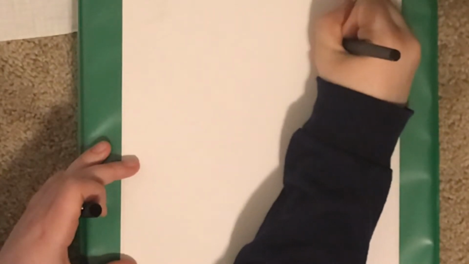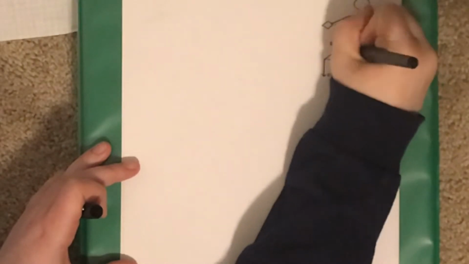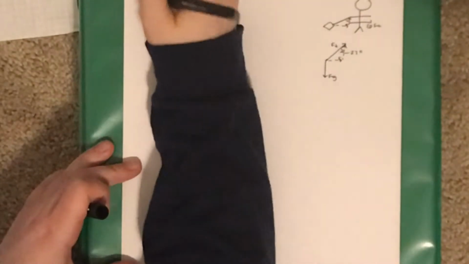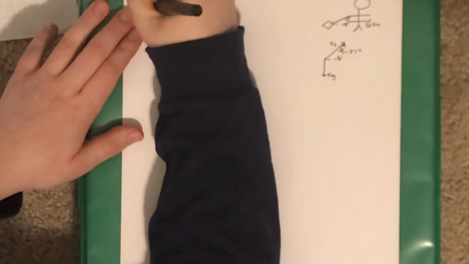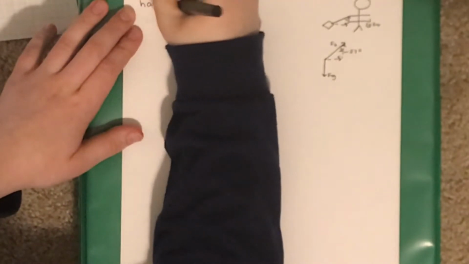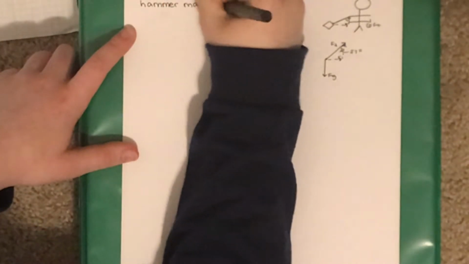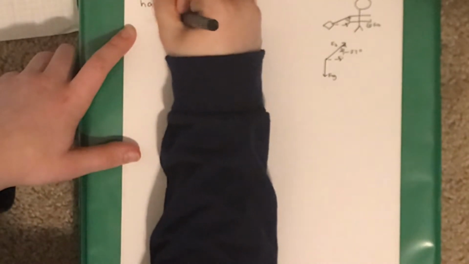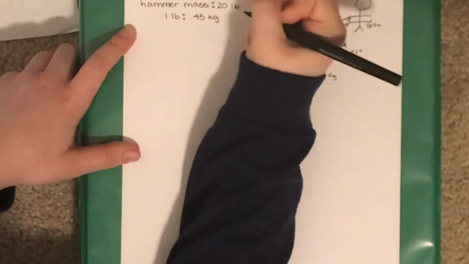Right now I'm drawing a closer in image of what forces are on the hammer. There's a force of gravity that's acting down on the hammer, and then a tension force from Thor that is acting at an angle. So the hammer mass is 20 pounds, as told in the problem, and we need to convert this to kilograms so that we can end up getting the answer, which would be what is the centripetal acceleration of Thor's hammer,